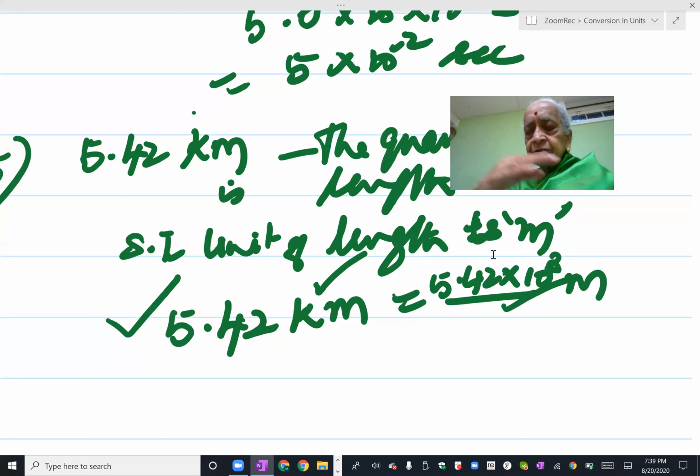If it is smaller to bigger unit, you have to remember that the same quantity should be multiplied by 10 to the negative power. And if the conversion is from bigger to smaller, you have to understand that the same quantity is multiplied by 10 to a positive power. What power will depend upon how many steps you have to go up the ladder in the case of lower to higher, and down the ladder in the case of converting from bigger to smaller. This is how you have to make use of it.